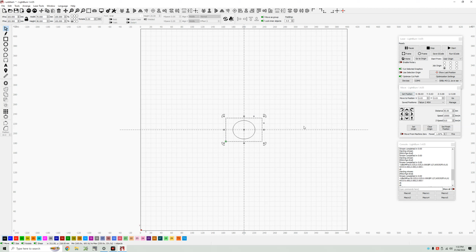Like if you wanted to start somewhere different on your cut, you just want to set user origin, and so you can save it. Once your laser's there, like it's sitting at 50.03 and 0.03 right now, that's where it's sitting on the board, and I can go okay, get position, and then